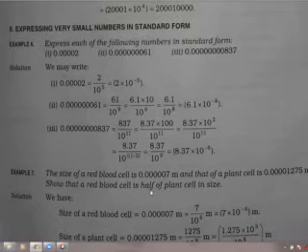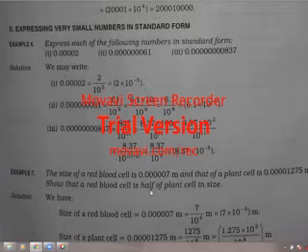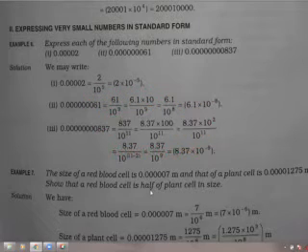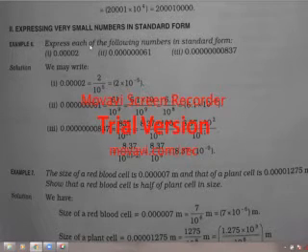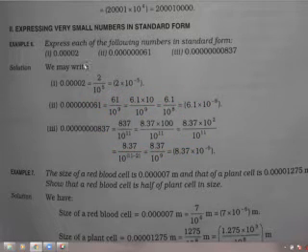So here, for a number which is smaller than 1, we will be using n as a negative number. So students, as you can see here, express each of the following numbers in standard form. At first it has been written 0.00002, with 0s in front and then 2 after them. So what we will do is write it as a fraction. At first it will become 2 by 1 with 5 zeros, after the point there are 5 numbers, so 10 to the power 5